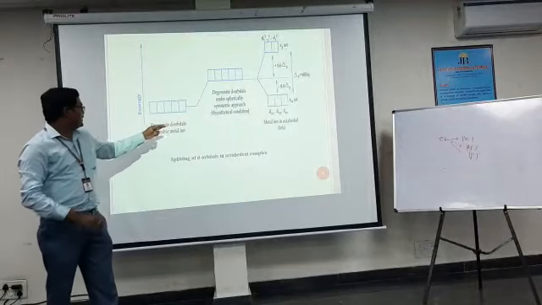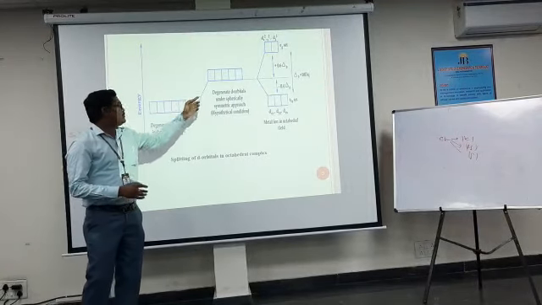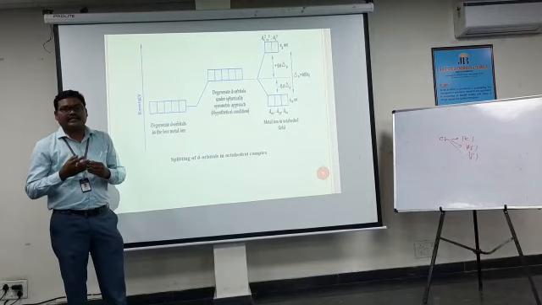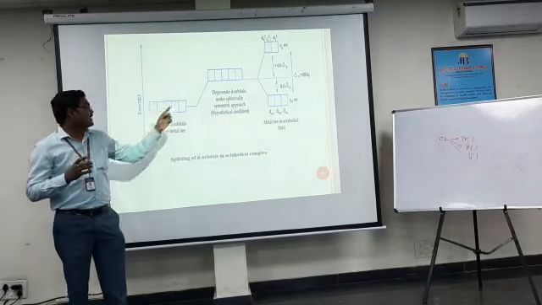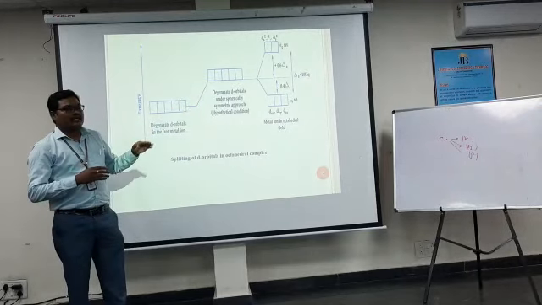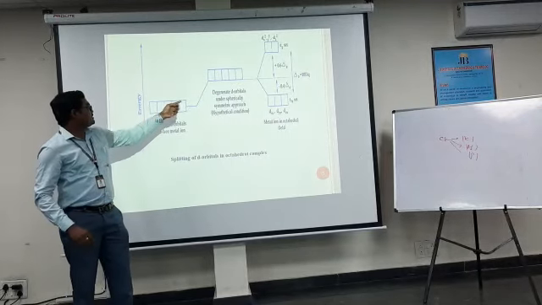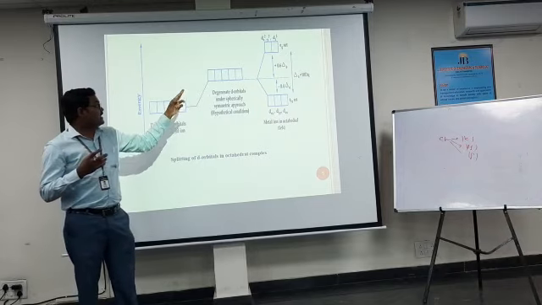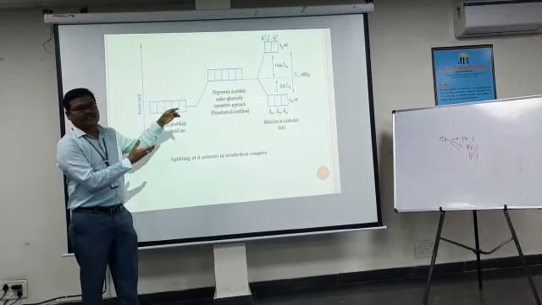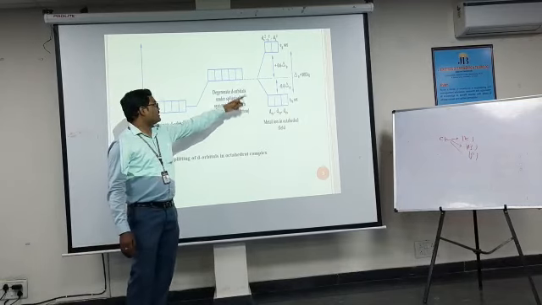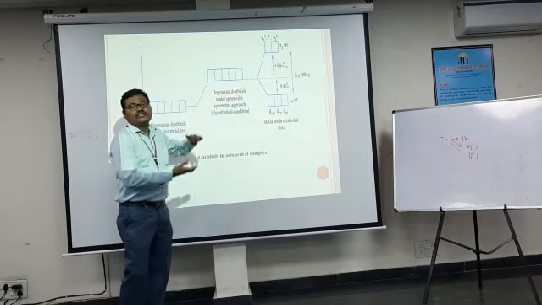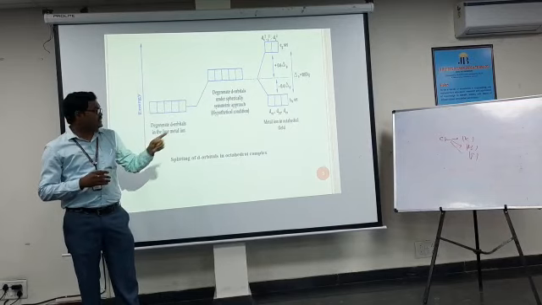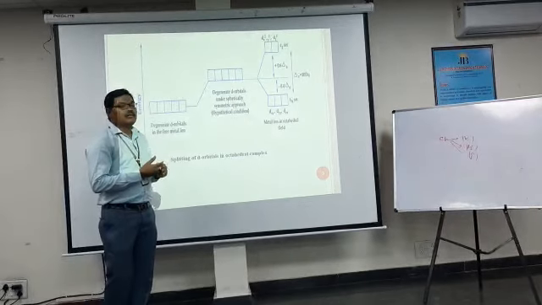In the free metal ion, all the 5d orbitals are degenerate. When ligands approach the central metal ion in a spherically symmetric manner, all the 5d orbitals increase in energy to some extent. And when the ligands approach the central metal ion, splitting takes place. These three are the t2g set of orbitals, and these are the eg set. The energy difference between these two sets is called the crystal field splitting in octahedral complexes.